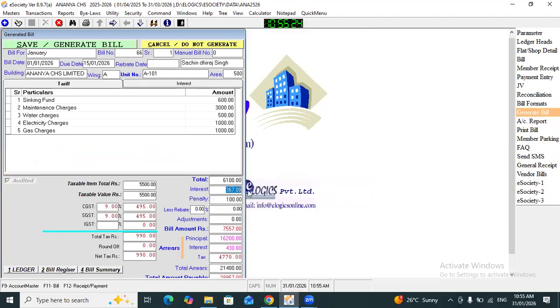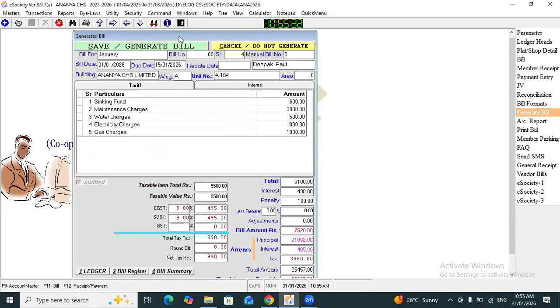Here we can see the system calculated interest showing. Previously, as we had ticked allow manual interest calculation, zero interest was showing. Now as we untick this option, the system is calculating the interest.